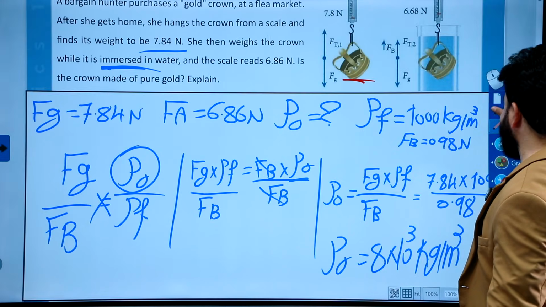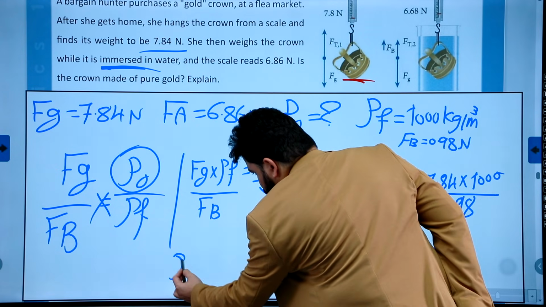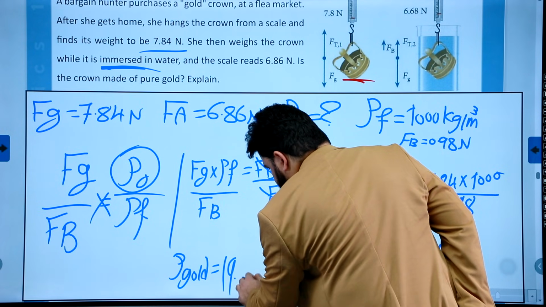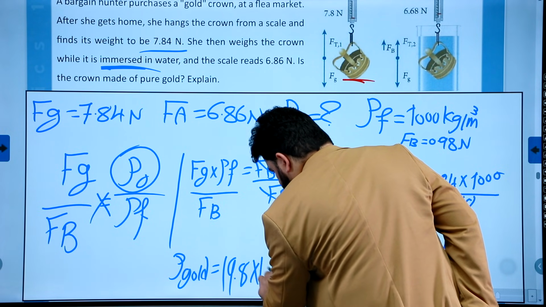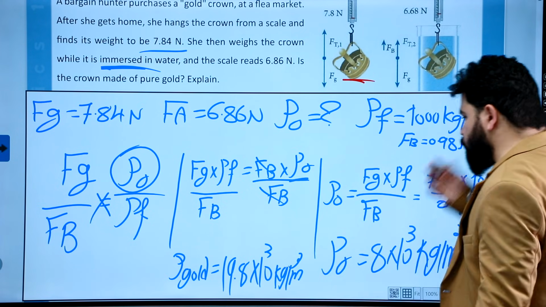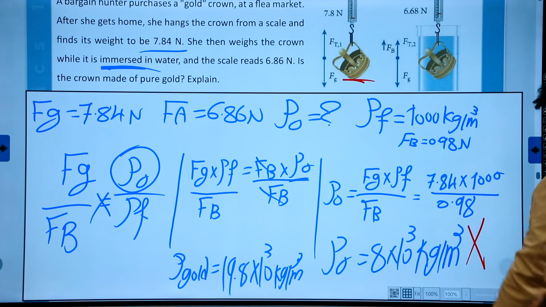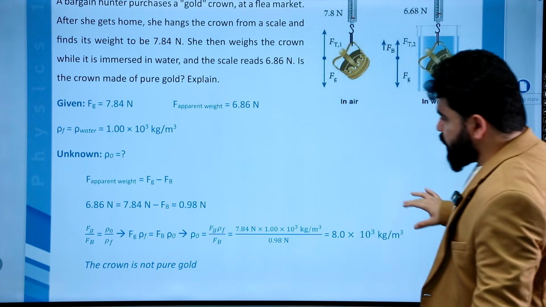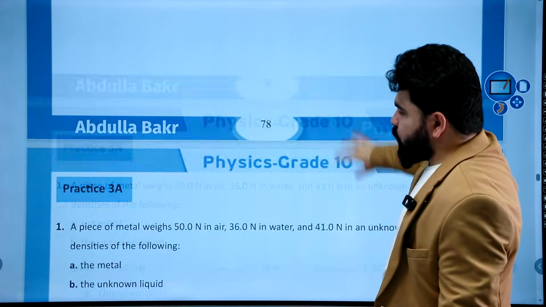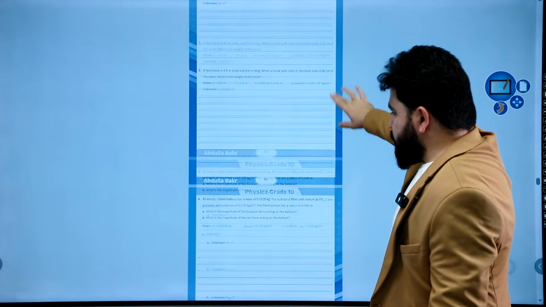So, is this pure gold? Pure gold, guys, density of gold, if I'm not mistaken, is equal to 19.8 times 10 to the power of 3 kilogram per meter cubed. So this is pure gold density. Is this density equal to this one? Of course not. So this is not pure gold. Okay, be careful. Solve question 1 yourself. I'm not going to be solving these questions. I'm going to move on to